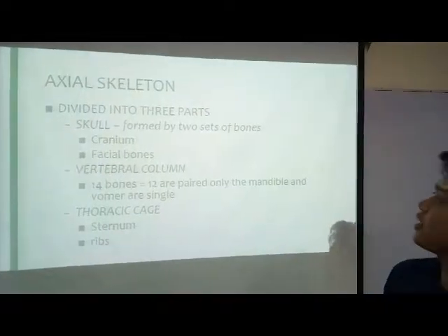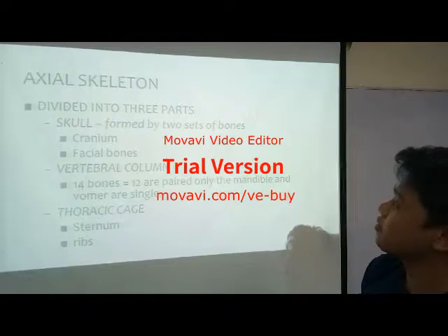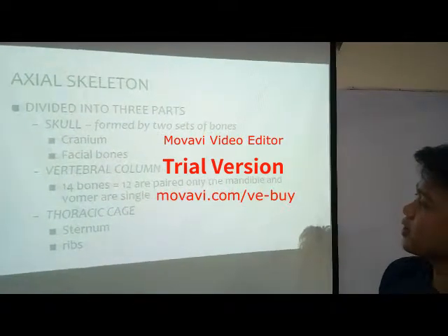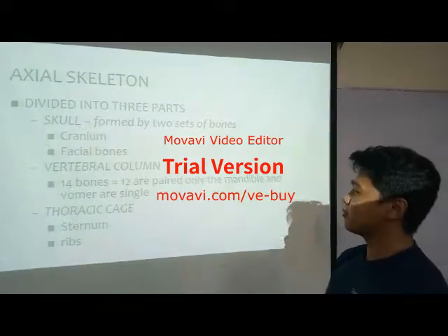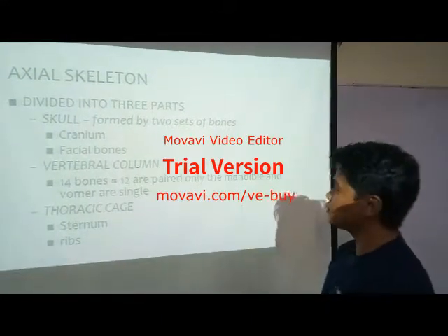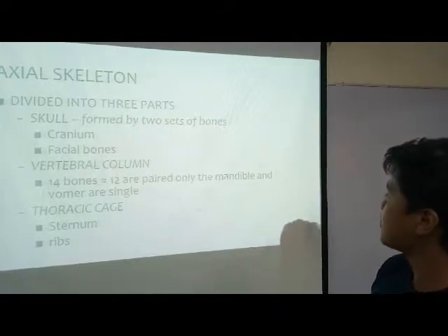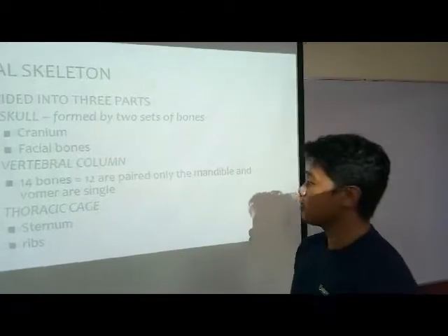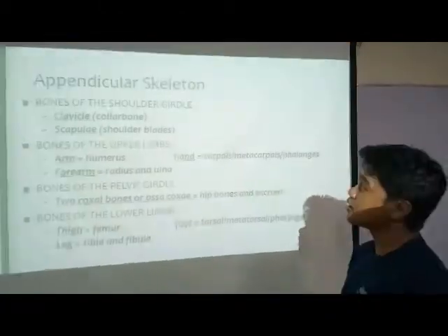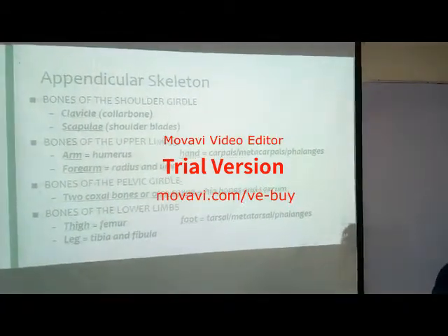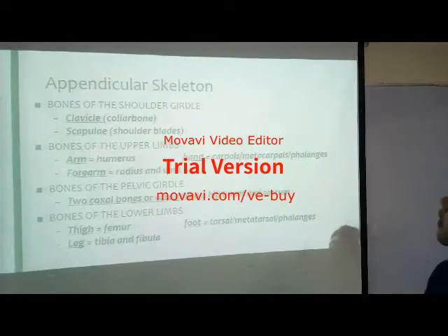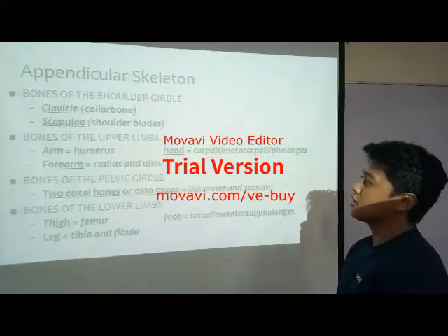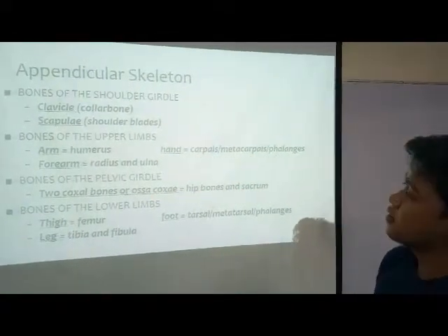The skeleton is divided into three parts. Number 1, the skull, formed by two sets of bones, the cranium and facial bones. Vertebral column, 14 bones; 12 are paired, only the mandible and vomer are single. Thoracic cage, sternum, and appendicular skeleton, bones of the shoulder girdle: clavicle or collarbone, scapula or shoulder blade,